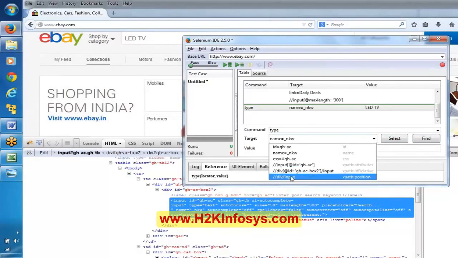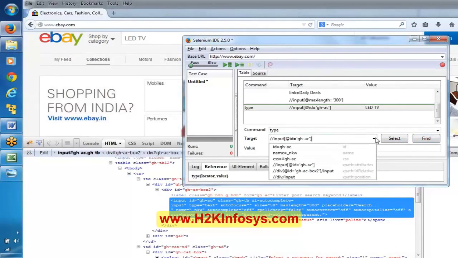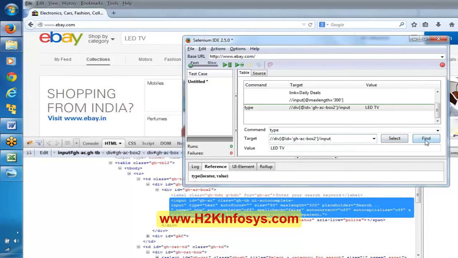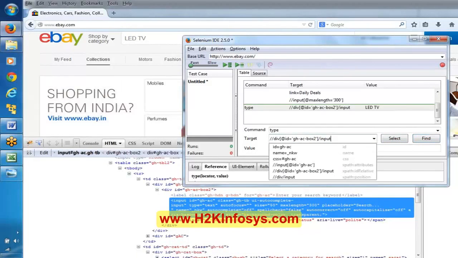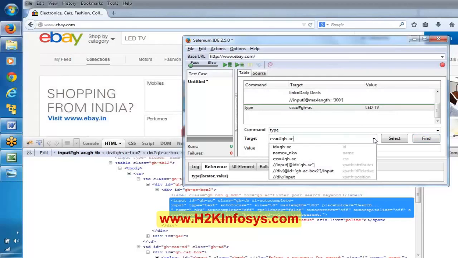And see here, it has built three XPaths. This is one XPath, and it is able to identify that particular text box. Again it is able to identify. And even if you observe here, there is a CSS locator. So it is still able to recognize. Now we are able to recognize this particular text box using these many locators. However, I said first give preference to the ID.